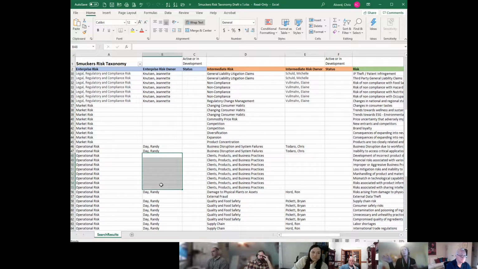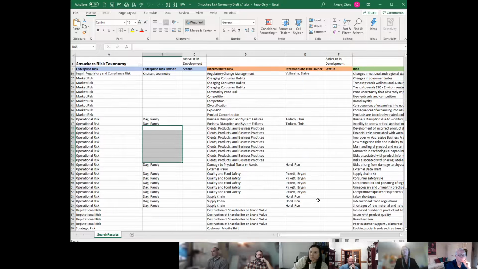As I was going through and looking at your functional areas, I was pulling some of the operational risks into appropriate areas, but those were ones that still didn't quite, in my mind, have a home. I think I'll just fill these out later today as best I can. Ron Horde owns a lot of this operational area, where Brian Pickett is a quality guy and Chris Tadeo is the BCP guy, but the rest of these belong to Ron Horde.